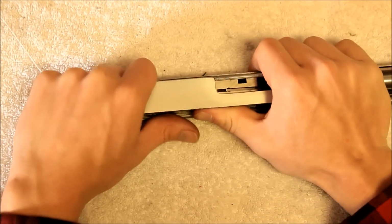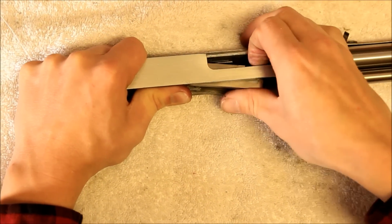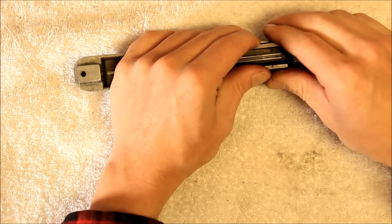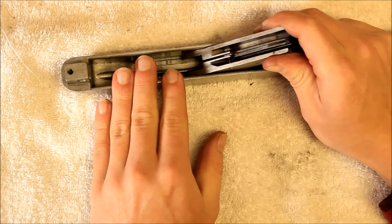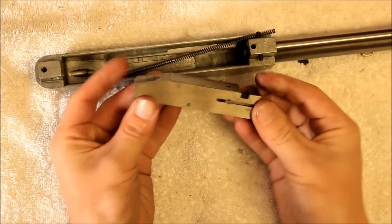So push it back, tilt it forward, and lift it out as you release slowly. And when you come up, it'll look like this. You want to hold on to your bolt, cover that spring if you can. Once you do, slowly release it out, and most of the time it'll come out with it. So now you have your bolt,